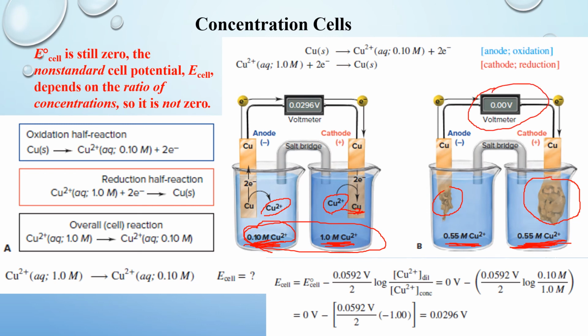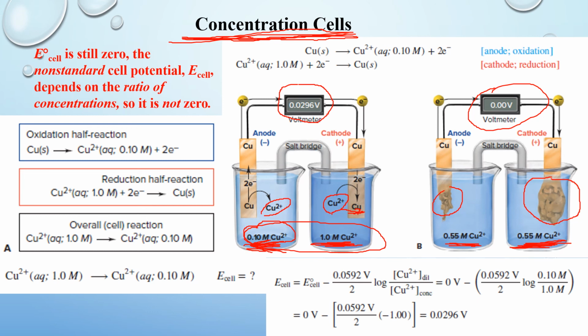But when the concentrations are different, as the picture on the left shows, you actually can detect a voltage here. So meaning that when you have the same electrode but different electrolyte concentration, you can actually generate a spontaneous cell or voltaic cell, and that type of cell is called a concentration cell. So that means this type of cell is truly based on the different concentration of the reactants,